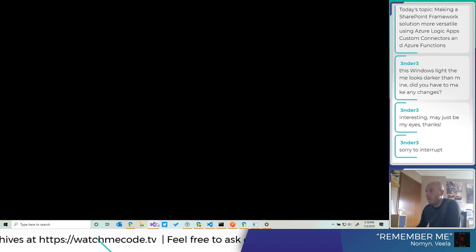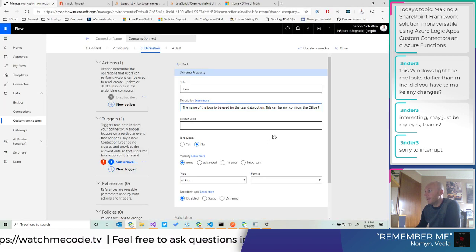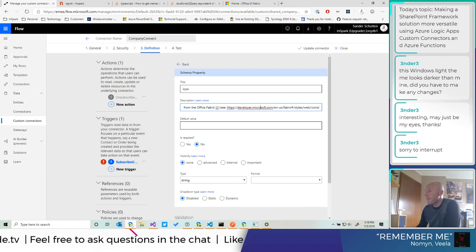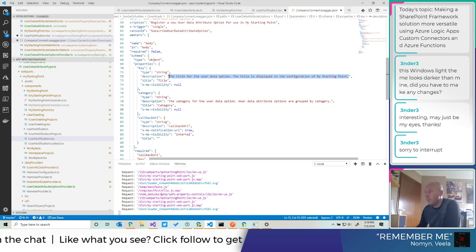Let me get back to what I was doing. So I was updating my custom connector, and well, you can use any of the Office Fabric UI names. Did I do anything with the visibility? I don't think so. No, it's just the default.